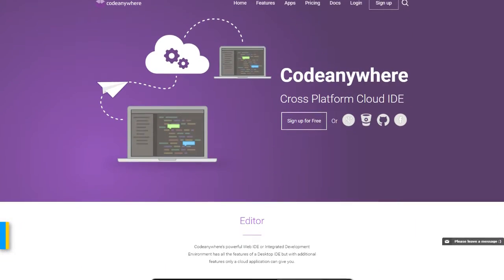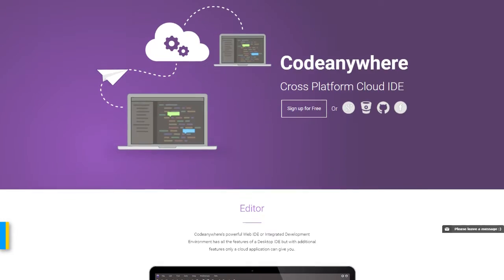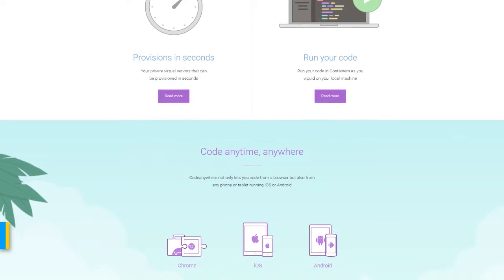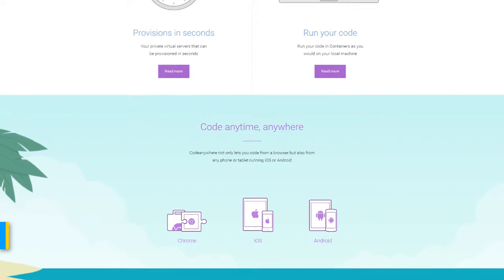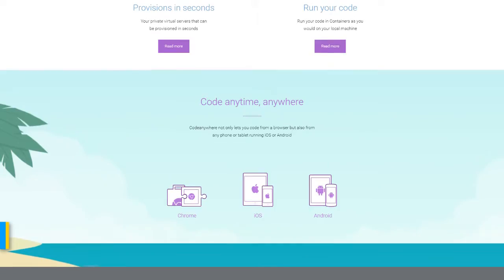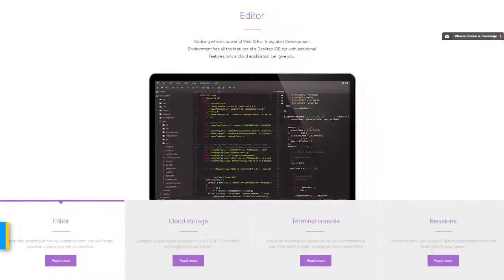So this article has been really helpful to me, and hopefully you guys will get some good use out of it too. The next thing I want to share with you guys is the Code Anywhere site. Now this was brought to my attention a few weeks ago when I started collaborating with another streamer on Twitch, and this has been a great site. Code Anywhere markets itself as a cross-platform cloud IDE, and it just provides a really powerful editor, particularly for teams with its pair programming capabilities, along with the fact that all your projects and files are hosted in the cloud, and therefore accessible across all your devices. I've barely begun to explore its features, and I can't wait to find out what else it's capable of. I wanted to share that with you guys, especially if you're working on team projects or collaborations. I think it's definitely a site worth looking into.